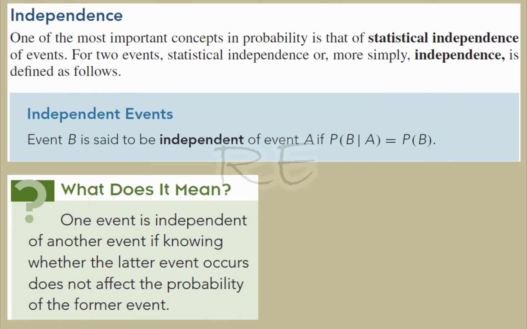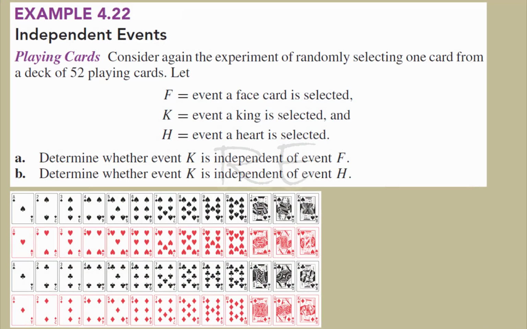One of the most important concepts in probability is that of statistical independence. If two events are independent, P of B given A is equal to P of B. In other words, knowing that the latter event occurs does not affect the probability of the former event. For example,